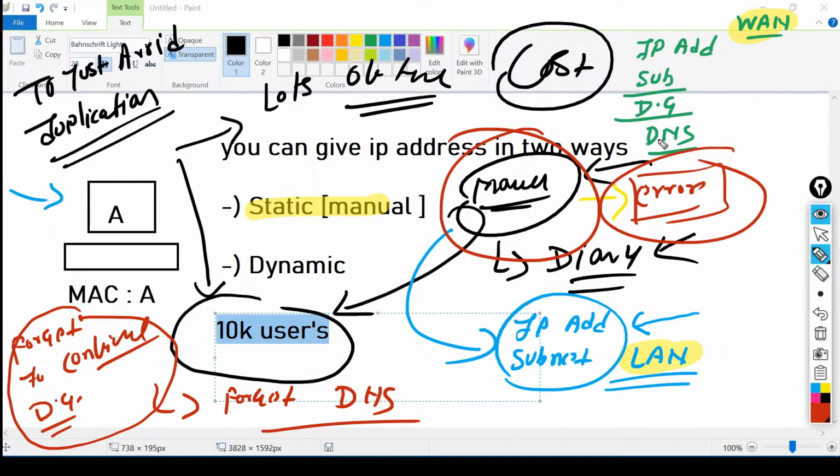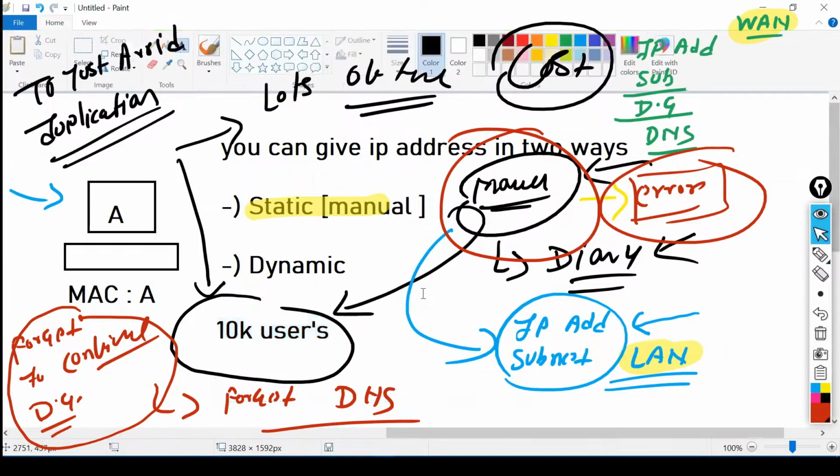So to avoid all these problems, we have introduced the concept of dynamic allocation. Every single thing like IP addressing, subnet mask information, default gateway, DNS information, everything I can assign dynamically instead of doing static, because static has a lot of issues, right?